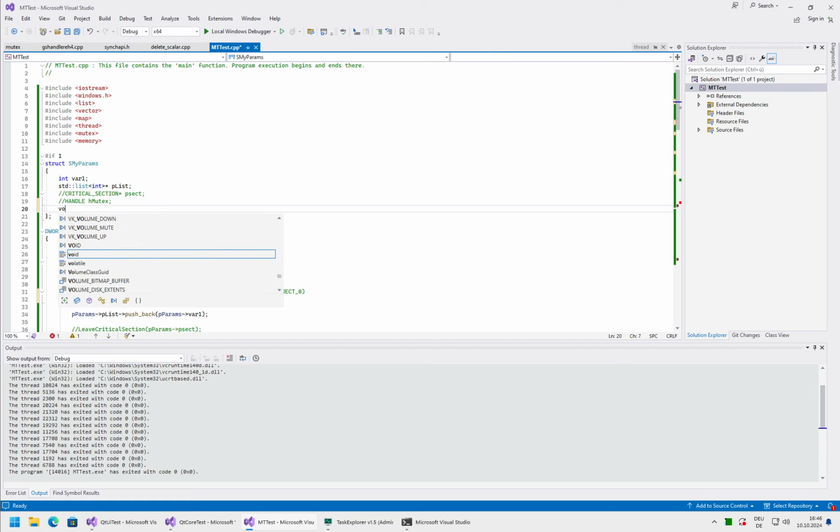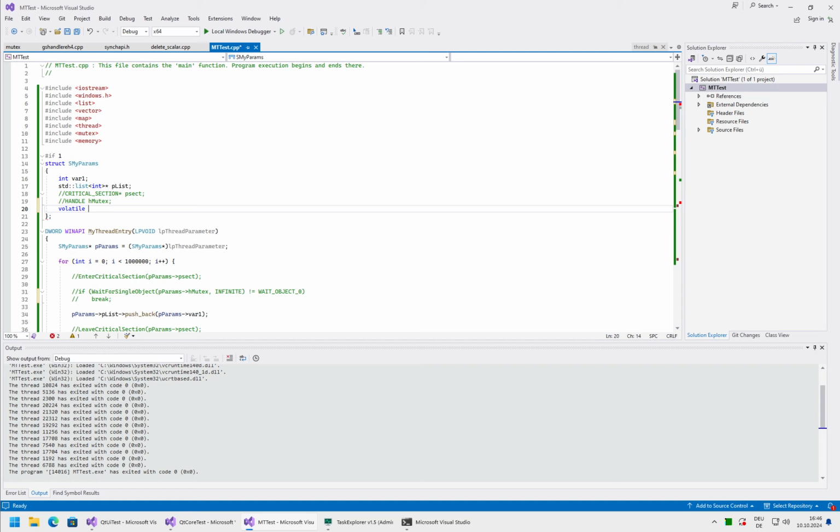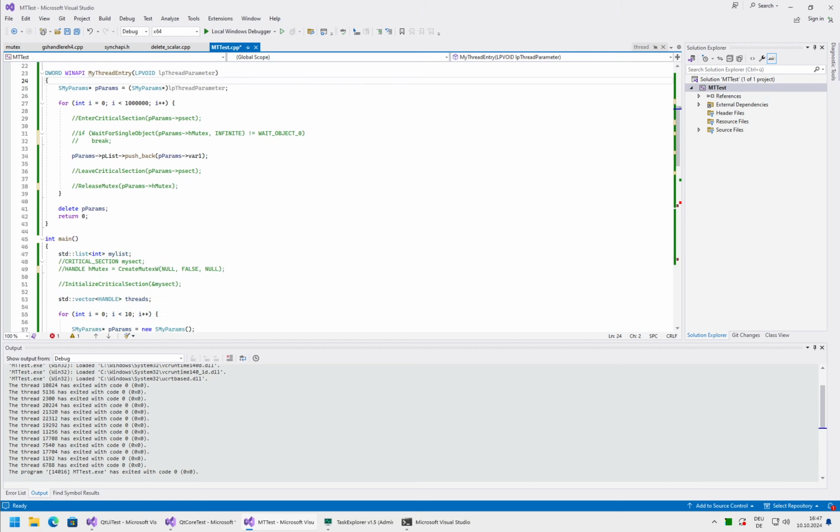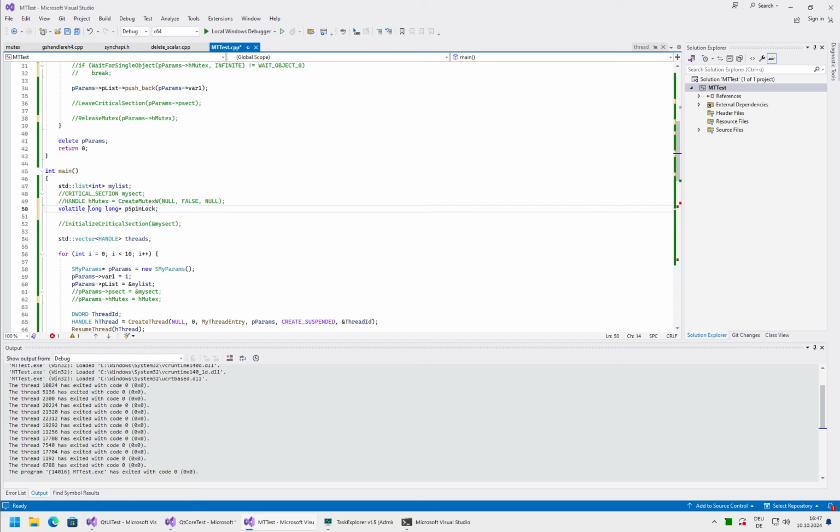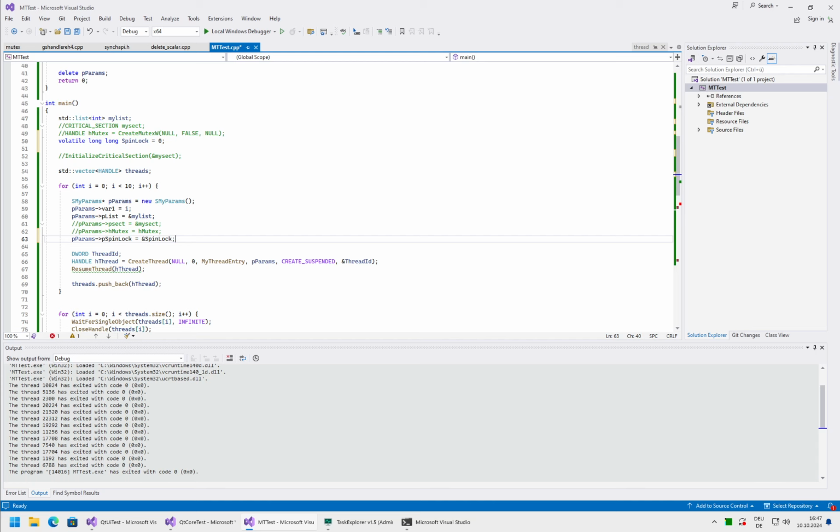So we will define a volatile long spin lock. Then we'll define here a volatile long spin lock equal to 0. That already counts as initialized. This is basically just a variable in memory, one integer, which we can set to 1 or to 0. But the problem is,